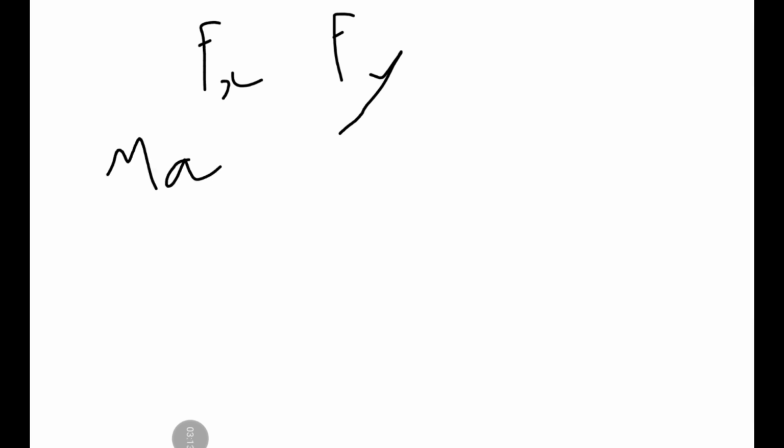Now, if we move on to the next part, let's derive the forces. We know we have f of x, and we also have f of y. That's not a very good y, I apologize. But yes, it is a two-dimensional plane we are looking at. And for that, we're going to define mass times acceleration of x as equal to